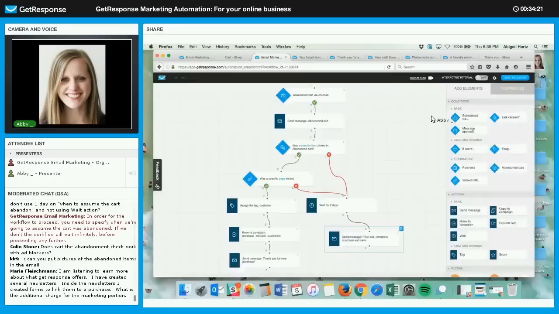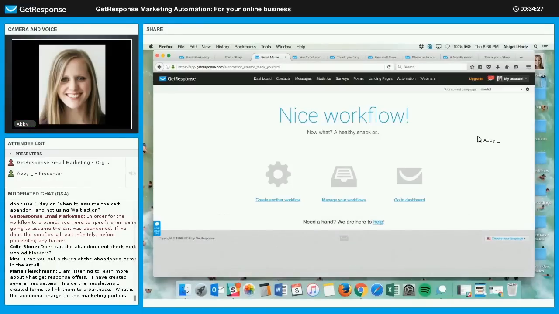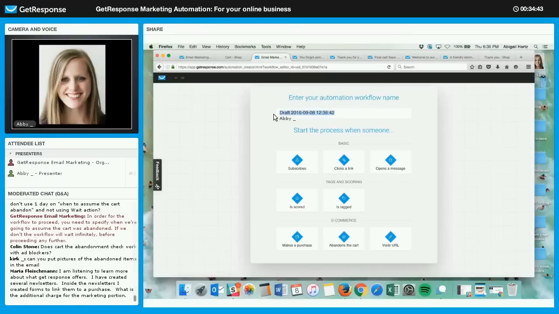Start to finish, of course, I'm going to build a new workflow. And this is, again, going to be a fairly simple one, this post-purchase workflow that we've seen before, but this way you can see me set up some of the properties and things in real time. So I'm going to create another workflow here. And I'll give it a name. So I'm going to call it